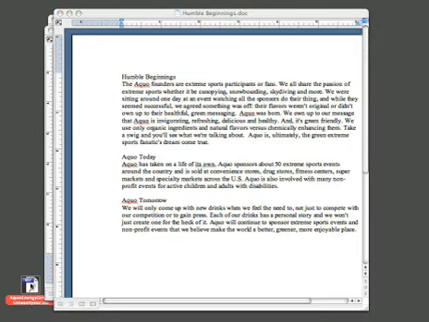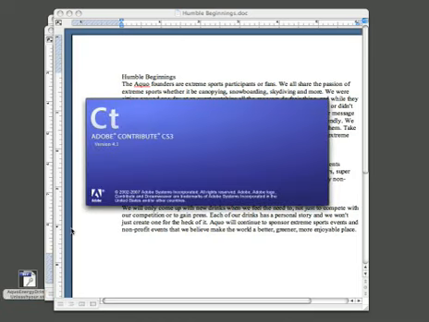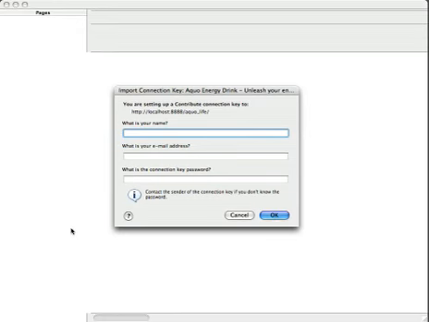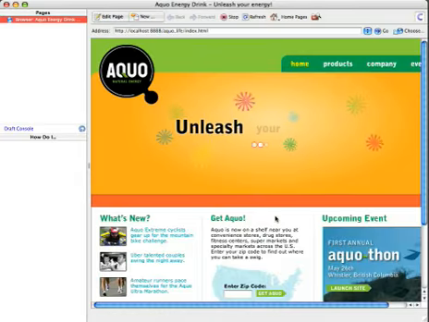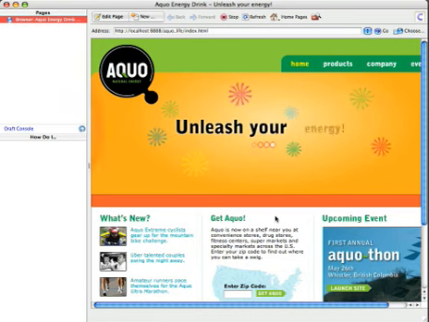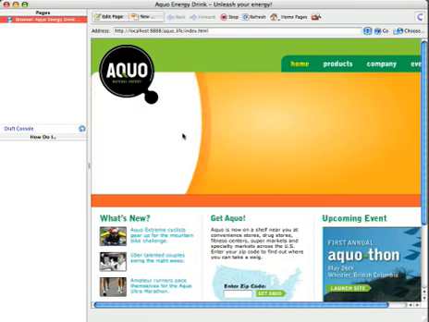So what I did was I sent the customer a connection key from inside of Contribute CS3. This connection key provides all the information they need to make changes and updates to the website. All they need to do is double click on it once they receive it. It'll open up Contribute, and of course they have to have Contribute installed on their machine. And the customer logs in. The name of them today is customer, and their email address is customer@customer.com. They insert their password, they click OK, Contribute opens up, connects to the website, grabs the templates that we created as designers and developers from Dreamweaver, and now is going to give them the power to create new pages based